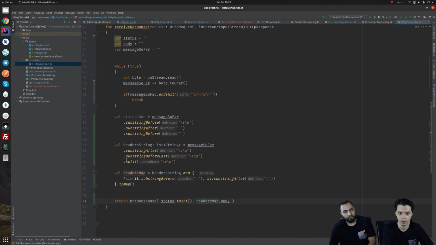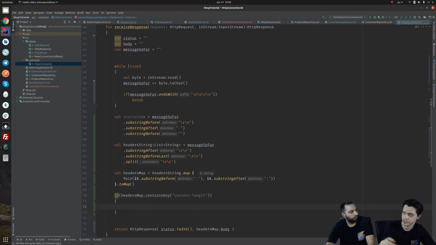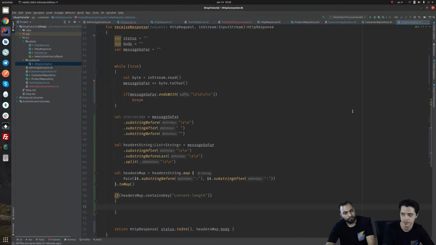And then the body will be the rest of the stream until the end, and we as an HTTP client first have to see if in the headers map we have content length. If the headers that we are receiving from some server that we have connected to have content length. If it doesn't have content length, we will ignore the body, because we are following this protocol, and based on this protocol, we are expecting the server to be a standard server